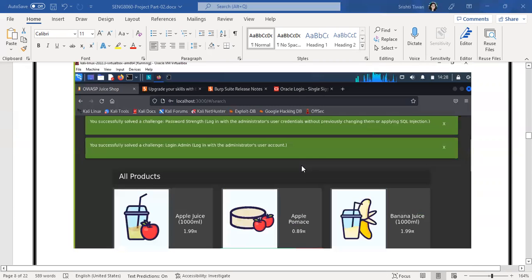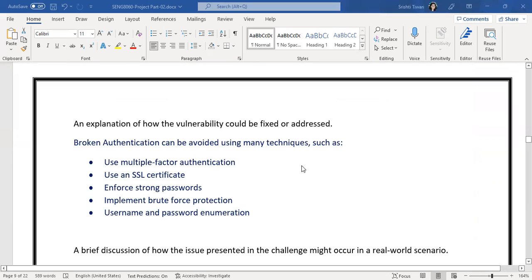Can you scroll more? Yeah. So as we have, can you scroll down? As we have,